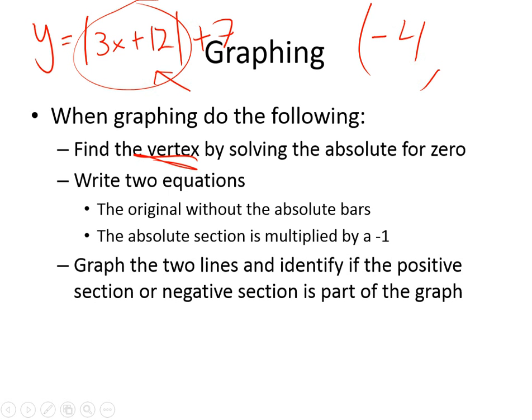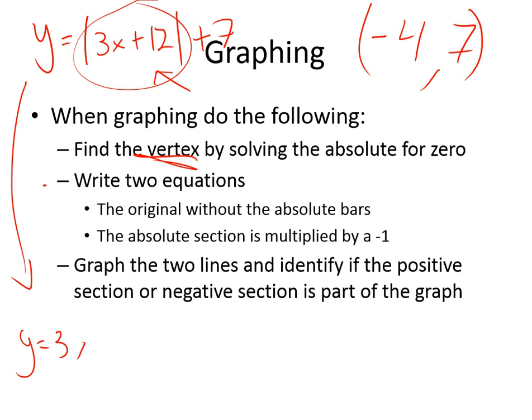And then my y value, actually in this case, is 7. So there's my vertex. After that, the next thing was to break it up into the two equations. Your first equation is the original, just without the absolutes: 3x plus 12 plus 7, which reduces down to 3x plus 19. So there's one. Your other one, you're going to take